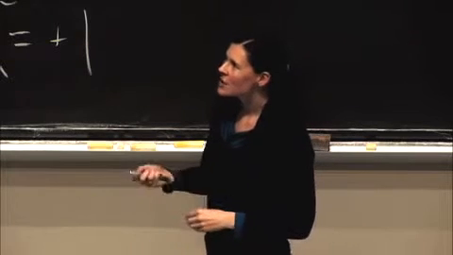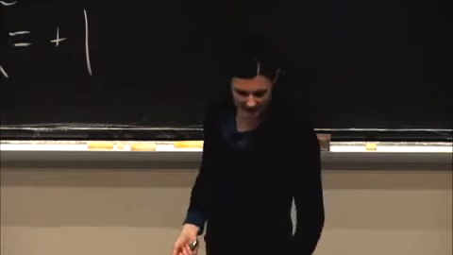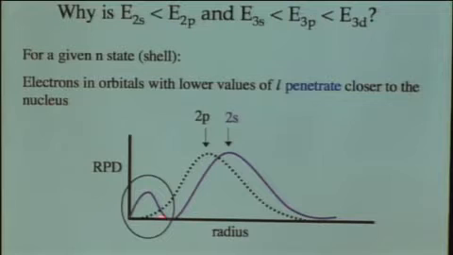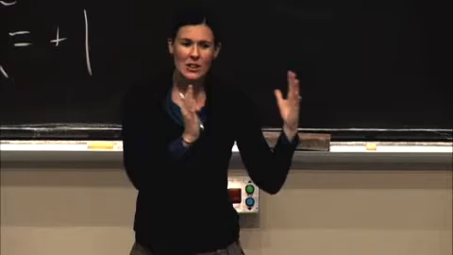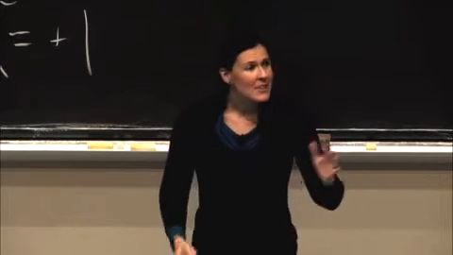So what is actually going to matter is how closely that electron can penetrate to the nucleus. And what I mean by penetrate to the nucleus is, is there probability density, a decent amount, that's very close to the nucleus? So if we superimpose, for example, the 2s radial probability distribution over the 2p, what we see is there's this little bit of probability density in the 2s, but it is significant, and that's closer to the nucleus than it is for the 2p. And remember, this is in complete